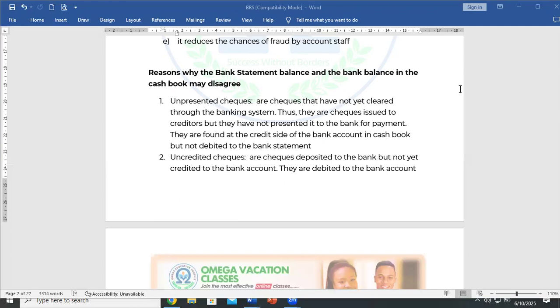Unpresented checks are checks that have not